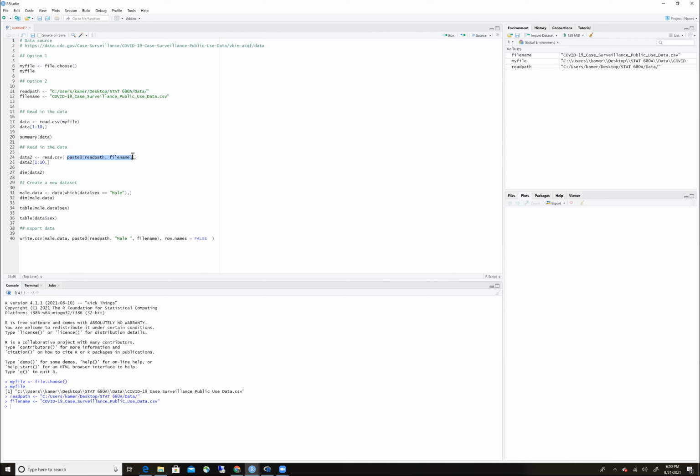If I don't like the look of that, I could create something else called myfile2. Doesn't matter what you call it, as long as it starts with a letter instead of with a number. And then here I can replace that with myfile2. Okay, so if I run myfile2, enter, it's there. If I press